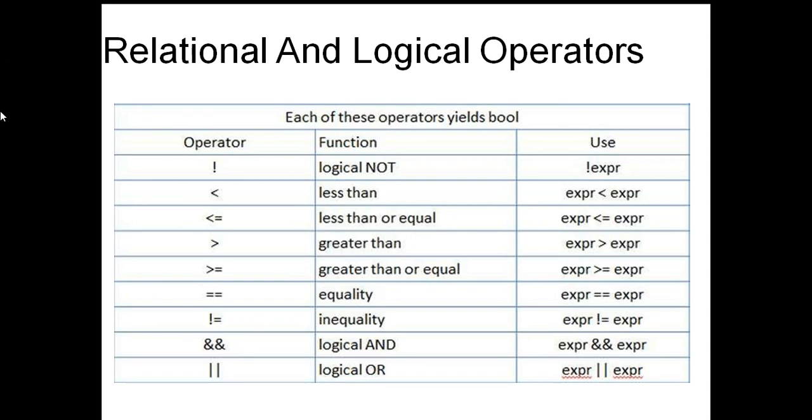And we have the operator ampersand. Functionality is logical and, and you can use it as expression 1 ampersand expression 2. Double ampersand is used for logical and. You can have the OR symbol, which is also called logical OR, which has two vertical straight line symbols, and this can be used for the functionality of logical OR. I can use this logical OR symbol for expression 1 or expression 2.